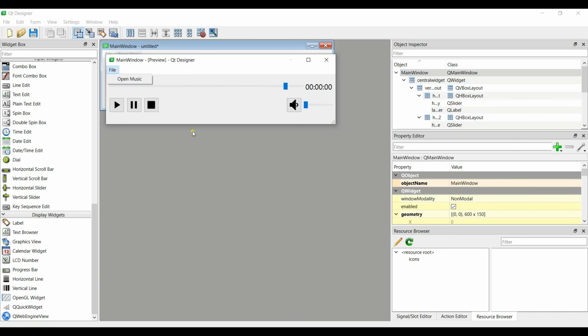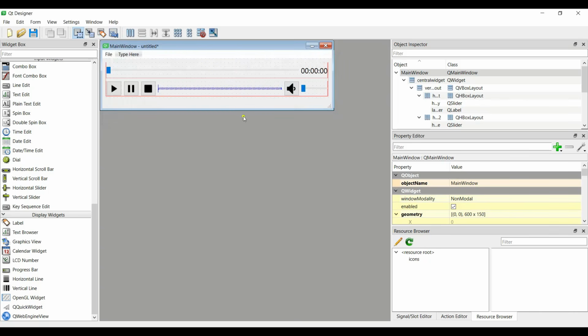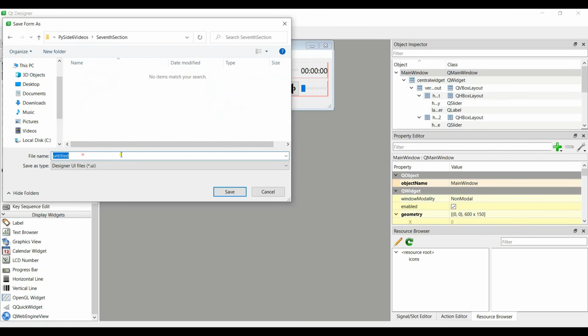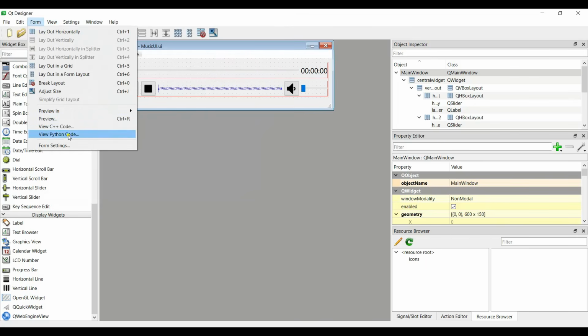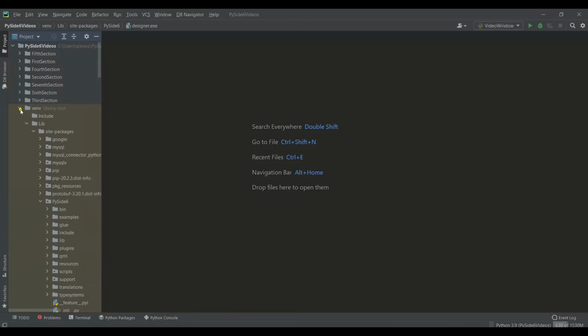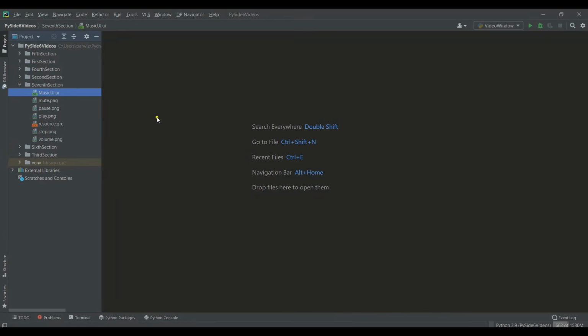Okay, and this is fine. So after doing this, let me just save this, not save as, but I want to just save this. Let's just go to the project. Let me just find the project. So in the 7th section, I want to just save it music UI.ui. Now you can just view Python code, and you can save it, but I have done it this way in this video. Okay, so now we have our 7th section, and also we have our music.ui,